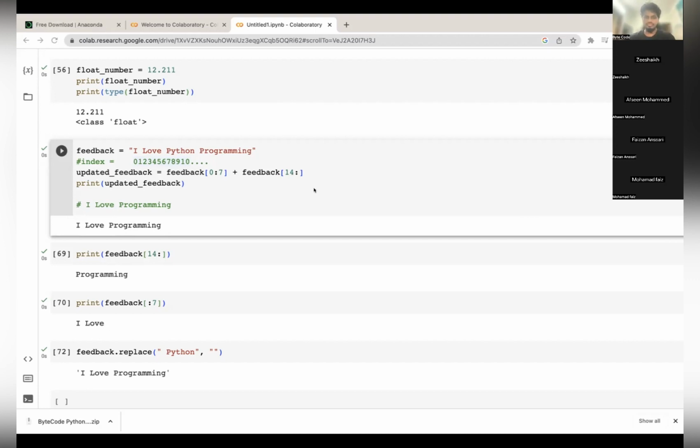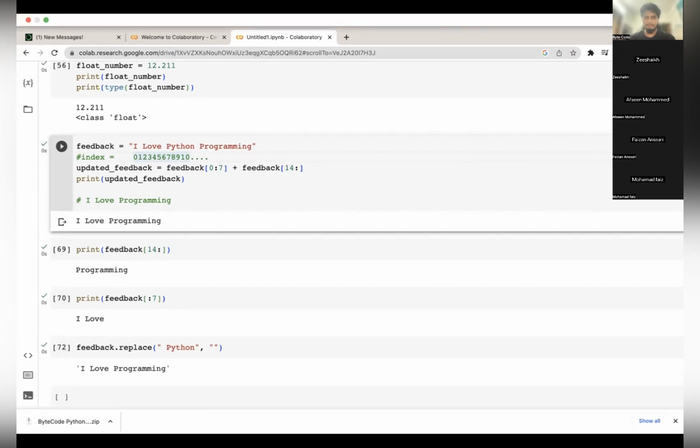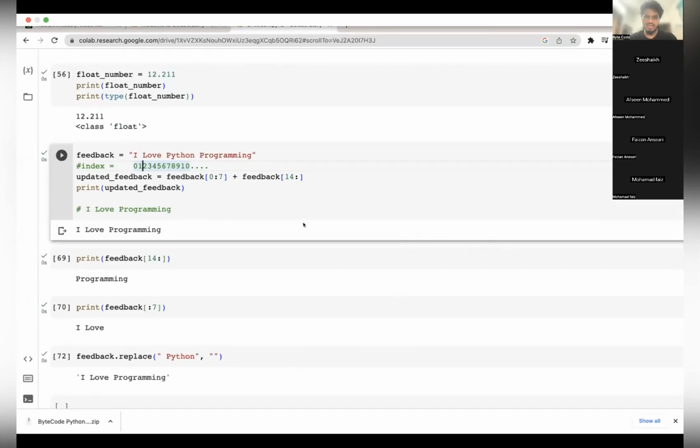So I'm actually getting confused a bit in that feedback replace, and would just like to show you. Yeah, I mean, you don't need to, but still okay. We will see it in detail in another session. As of now, I was just trying to show you an alternative, what all we can do using Python. It's not that complicated that you have to count numbers and do all of this, but this is the plain basics.